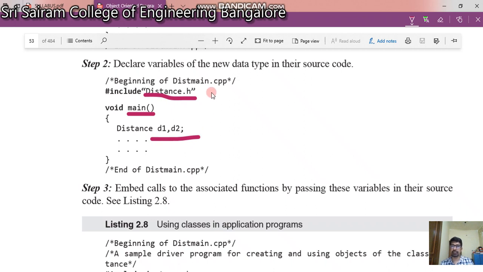If you don't include this header file, your main program, distance main cpp, has no idea what this distance is, so you have to include this. And please remember, distance.h, how we have included this, should be in double quotes.